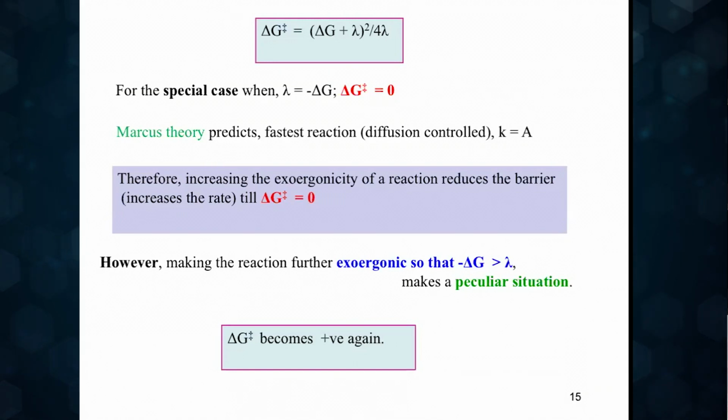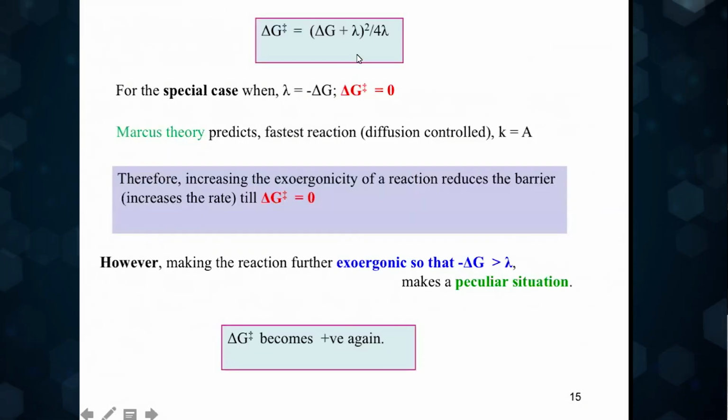Now, Marcus also made a wonderful prediction. What happens in the case you make the reaction even more exothermic? Initially you had things which are thermoneutral, you are going to make it more and more negative. You make it more negative, such that the ΔG of the reaction is even lower than the reorganization energy. In this case, you have a very peculiar situation, because in that case, you will see